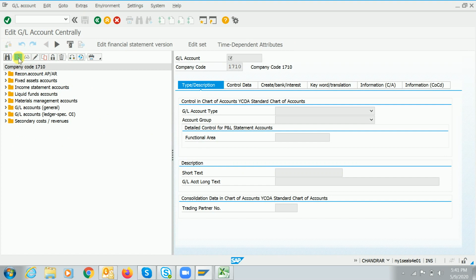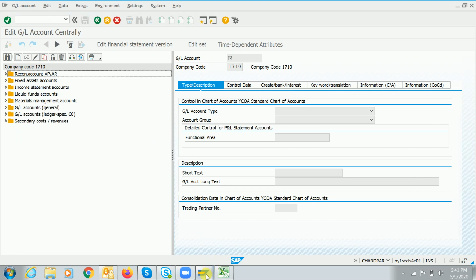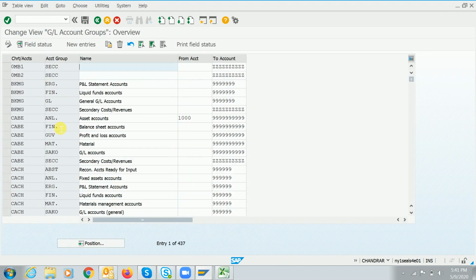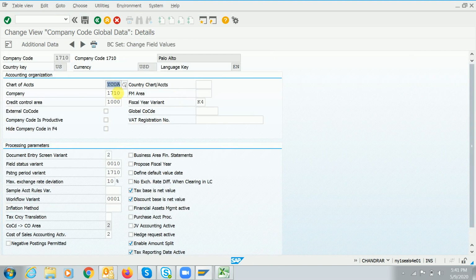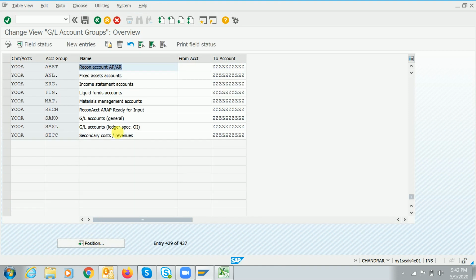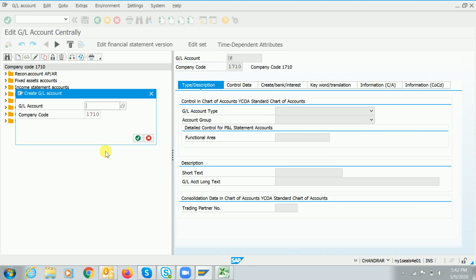Click on the new entries. Sorry, I have to check another thing before creating. 1 minute. OBD4. 1 minute, guys. I'm not aware of the shut up accounts also. 1710. Chart of accounts. OBD4. Chart of accounts. Okay, here secondary cost elements I don't have, so let's create